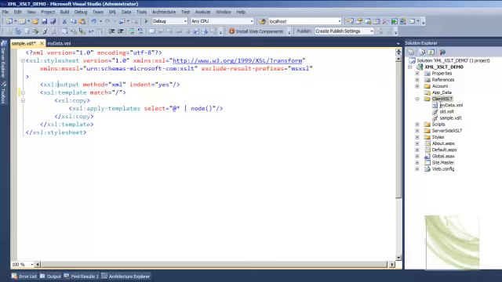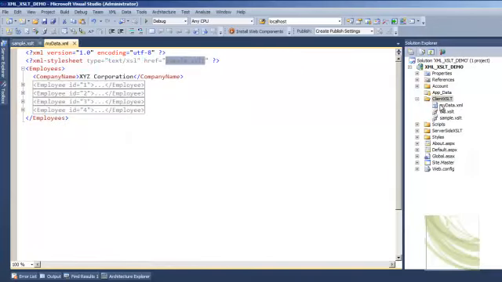Definitely the output we want is not XML. We want the data in HTML format, so let's keep it HTML. If you want to create a separate XML file based on these XML files, just keep it XML. So this is the pattern. In XSLT terminology we call this a template, also called a rule. This is one rule, and when the XSLT processor works, it will take this rule,